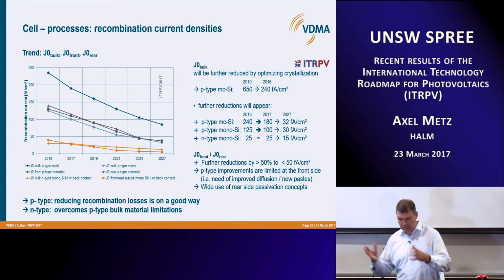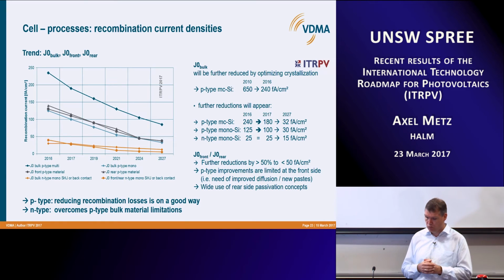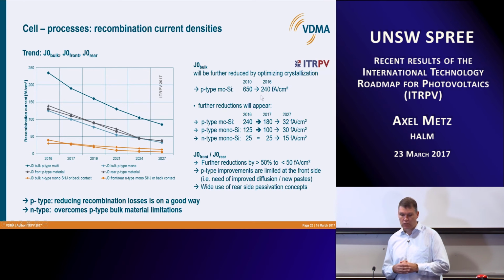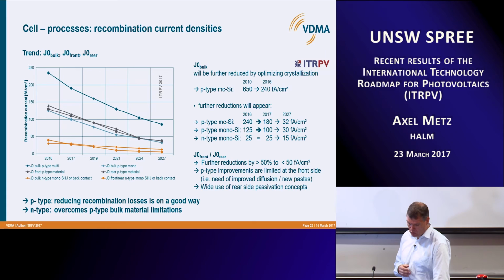Then let's say now coming to the physics, so improvement of the bulk, the front and the rear surface properties. Also there is the trend still for further improvement. One could see from 2010 to 2016, the average J-nut bulk was significantly reduced for P-type multicrystalline, mainly due to the introduction of these high-performance multi-wafers. But it will continue for the multi, for the mono, and also for the N-type mono,